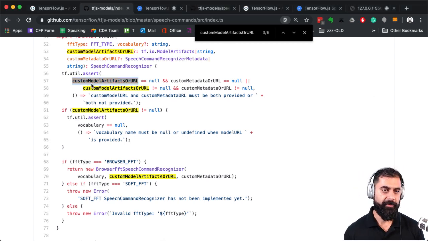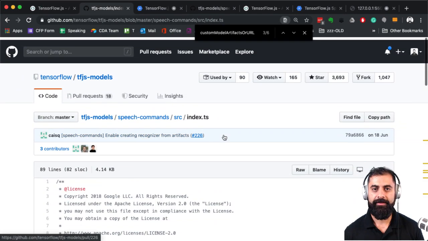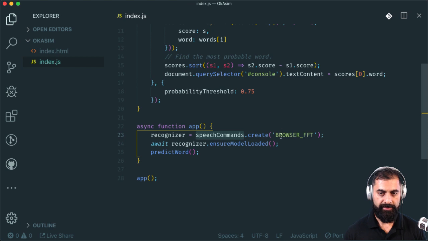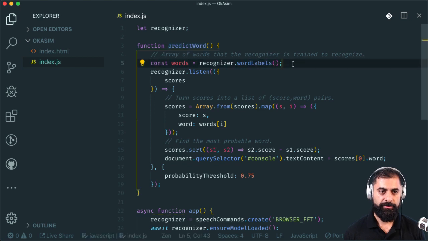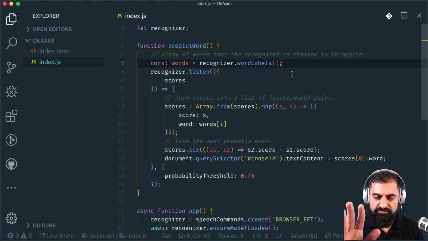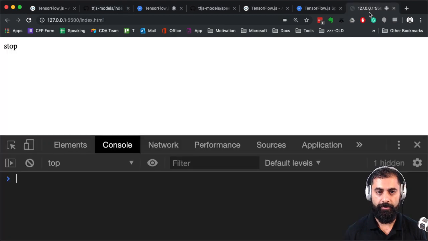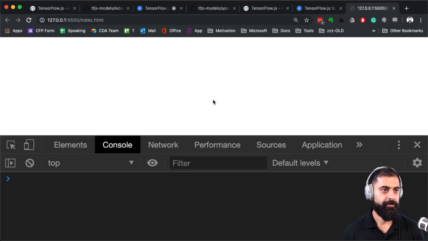So what this is going to do is try to create the remote URL where the model is. All right, anyway, it's getting a bit boring. Let's go back to here. So that's what that's doing. It's going to load the model, then it's going to predict word. And then what's that going to do? Do you know what? Let's just run it to begin with and see what's going on. Going a bit overboard there. Oh, that's what it's doing. See? 1.